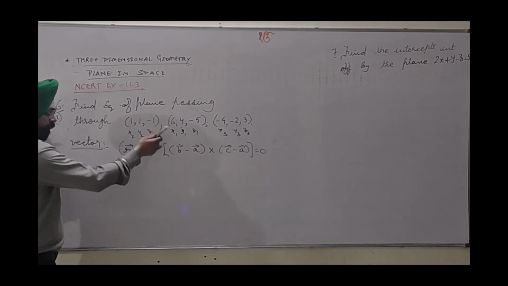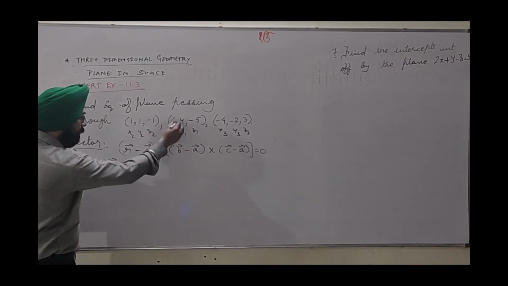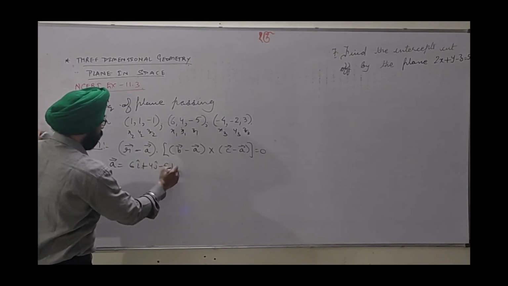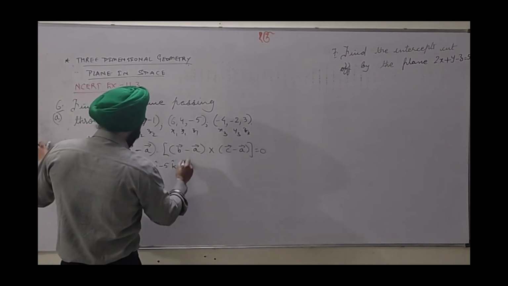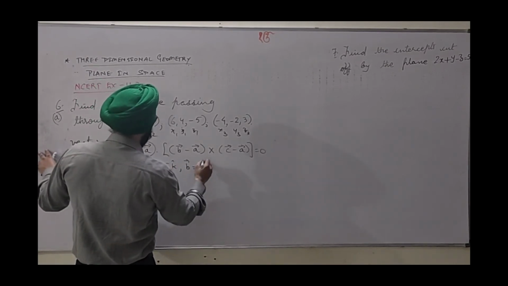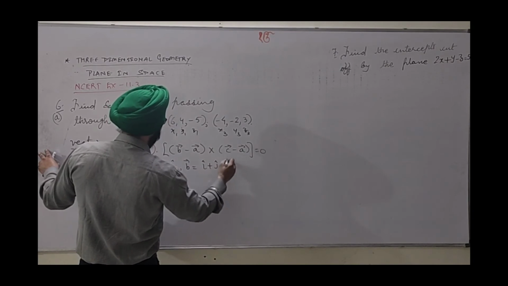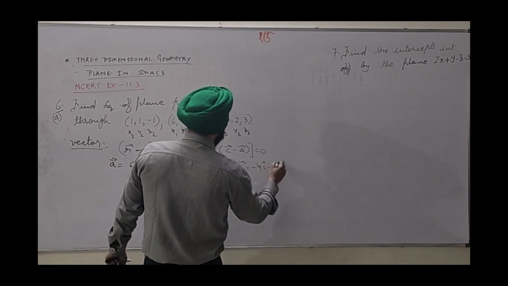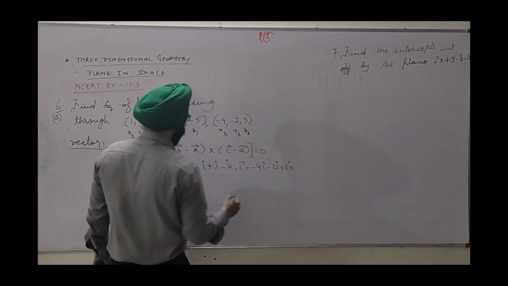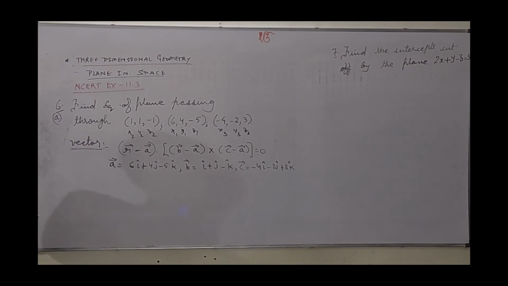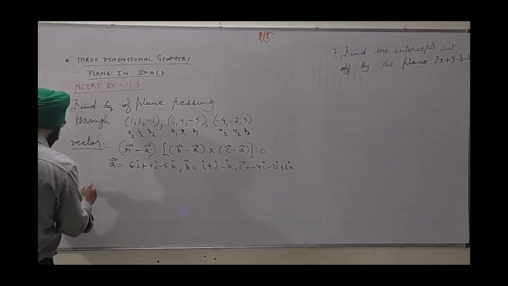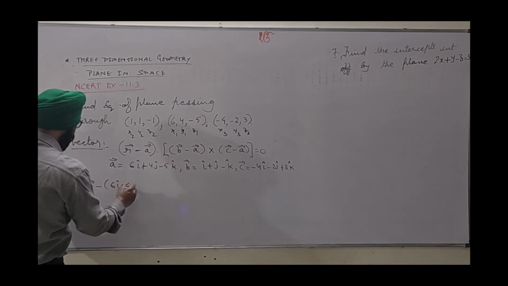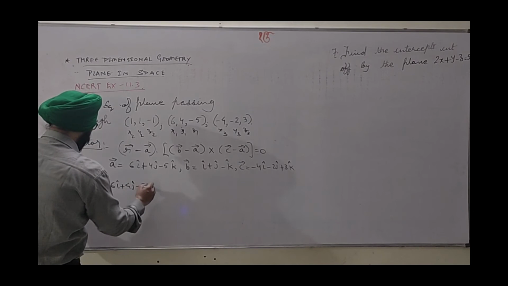First of all, I will write A as 6i plus 4j minus 5k. B will be written as 1i plus 1j minus 1k. C is taken as minus 4i minus 2j plus 3k. Now putting these values, here we can say r minus a, it's r minus (6i plus 4j minus 5k)